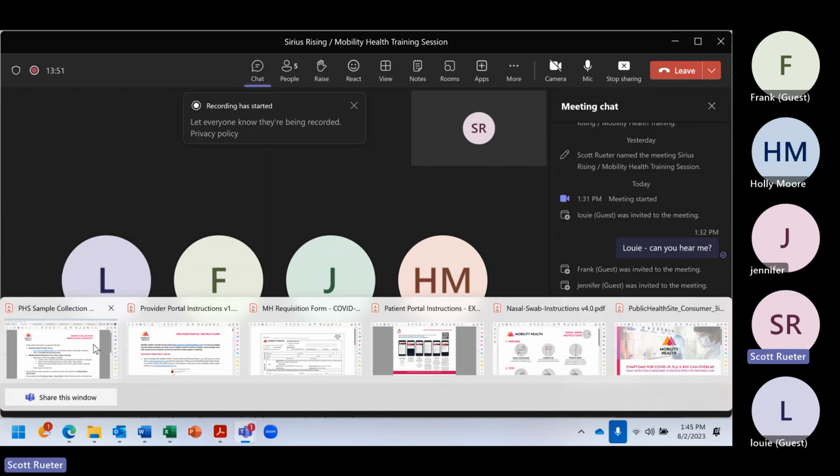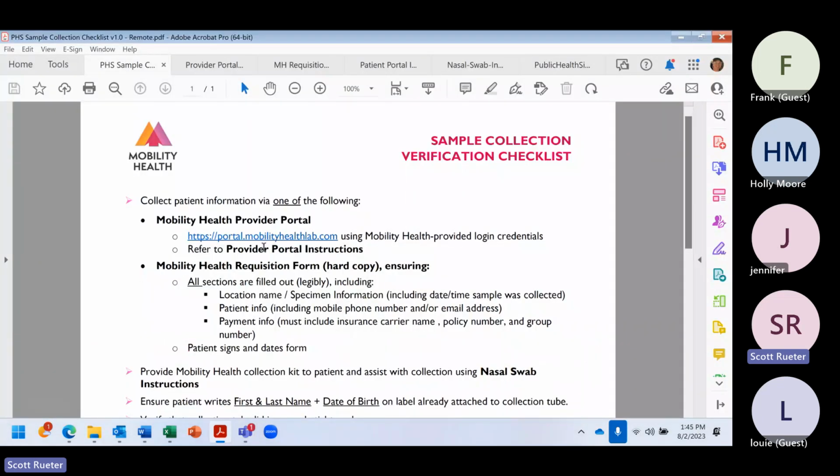Okay, I am sharing my screen. Can one of you just chime in and let me know if you see this document that I call the sample collection verification checklist? Yep, we got it. Okay. All right. So, let me preface all of this by saying everything that I'm going to